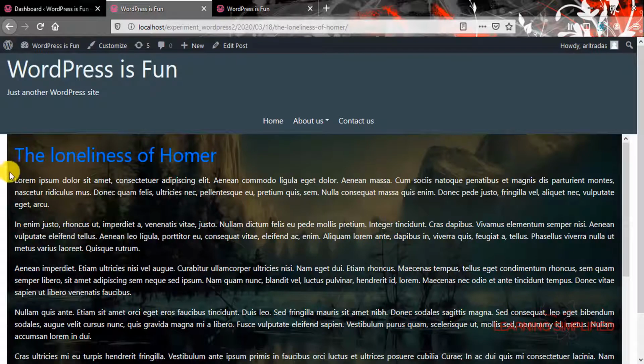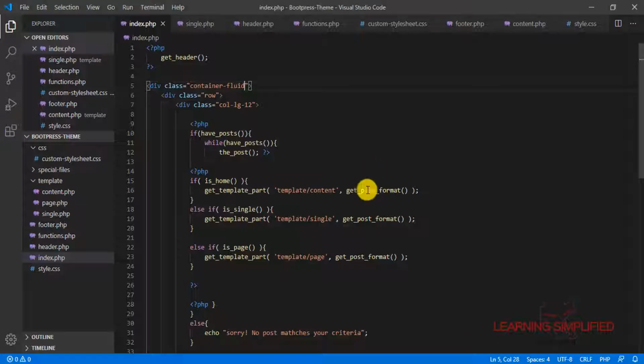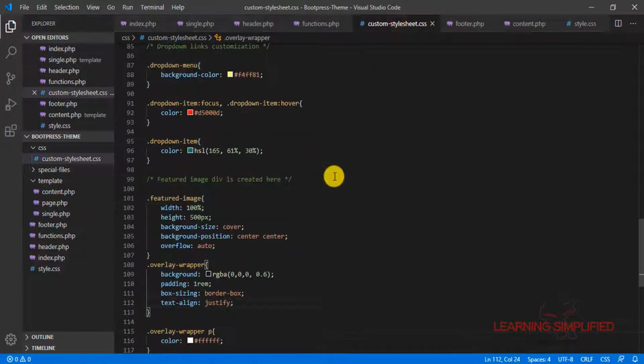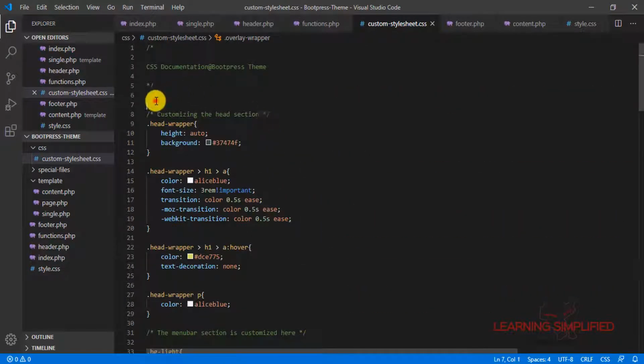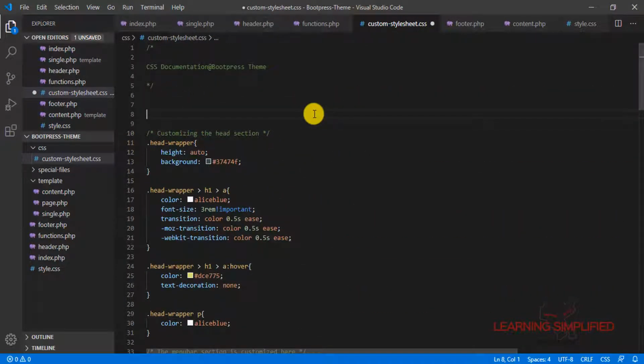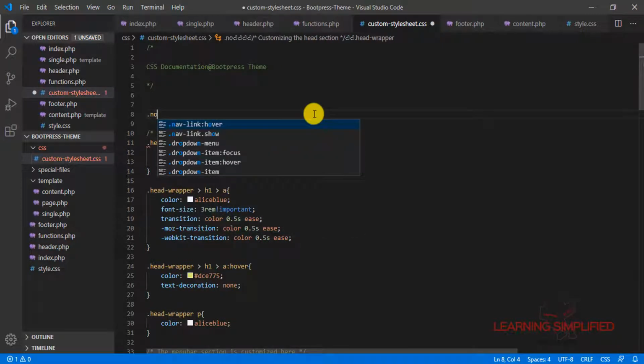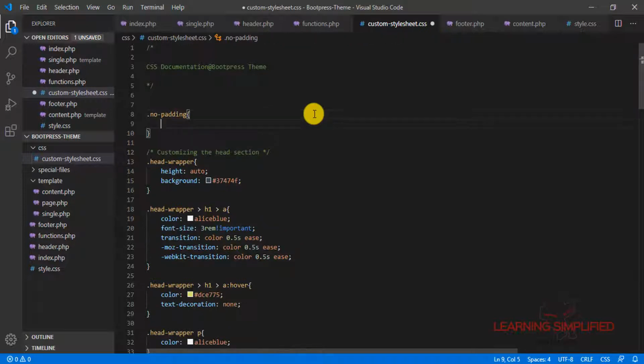If you wish to remove this padding right over here, then all you need to do is get back to this custom style sheet.css, and above all, first of all, you may set a class of your own which is known as no padding.